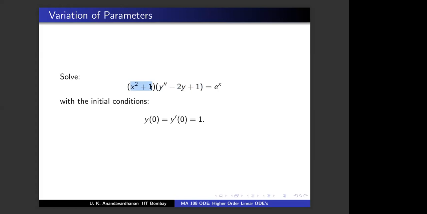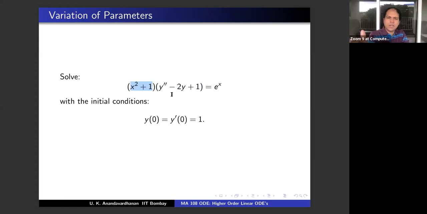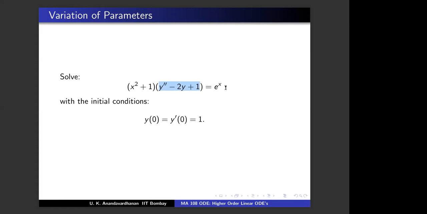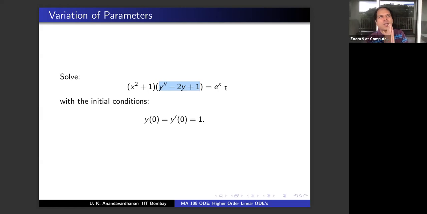Even so, you can say divide by x square plus 1 and make it constant coefficient. That's a good thing. But what will be the right hand side? It won't be nice. E power x by x square plus 1. Now the question is, is it nice or not nice? So what is our general definition of nice? Nice is something where you can guess an a which will solve the function. Can you guess an a which will solve e power x by x square plus 1 together? No, so it's not nice.